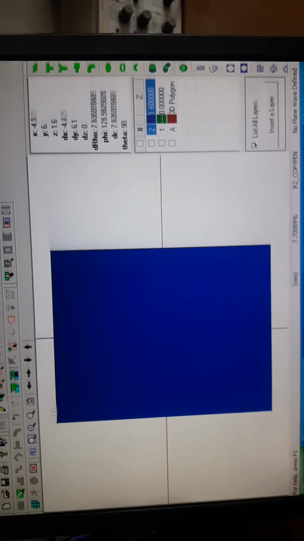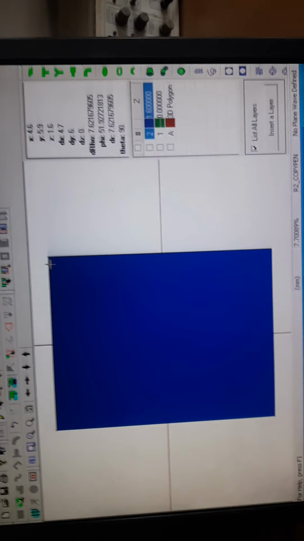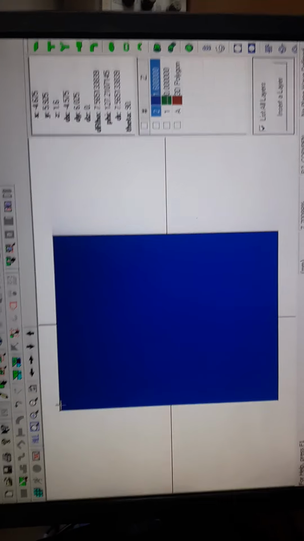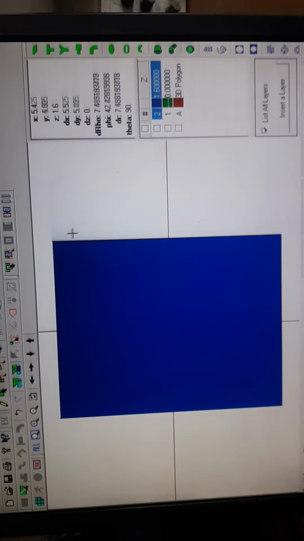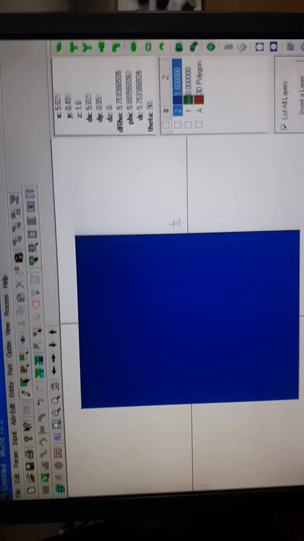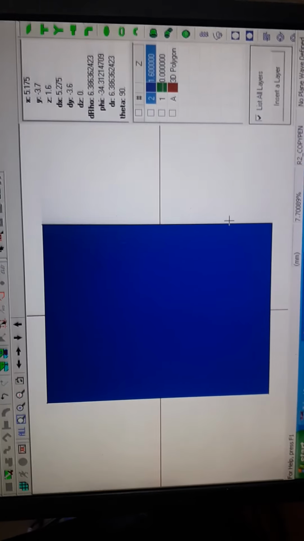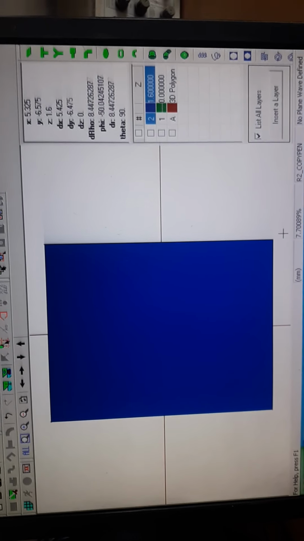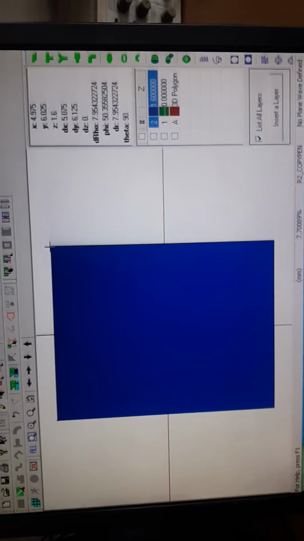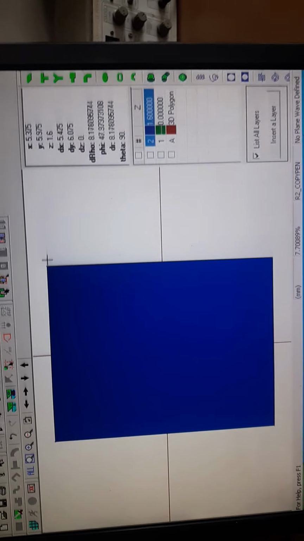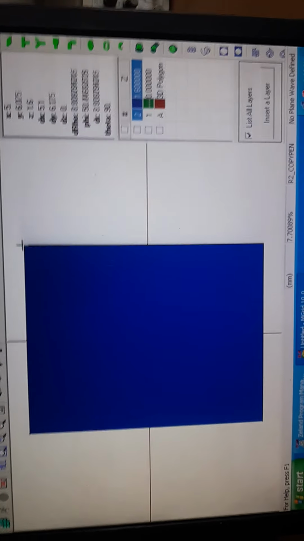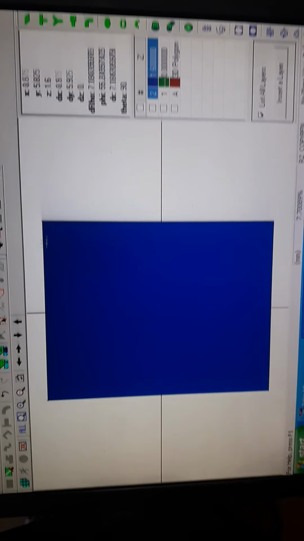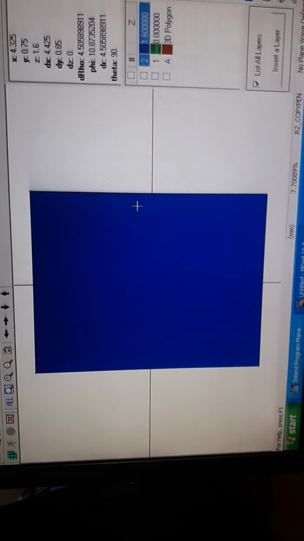The total is 10, so the middle is 0, this side is minus 5 and this side is plus 5, and this side is 12, so the middle is 0, this is plus 6 and this is minus 6. So this coordinate is plus 5, plus 6 and this coordinate is plus 5, minus 6. Like that we have to measure the coordinates.